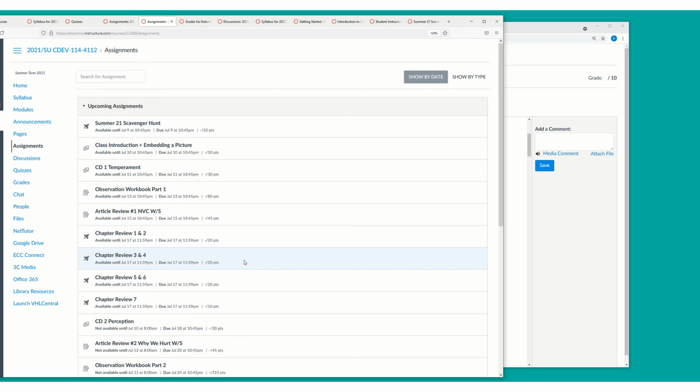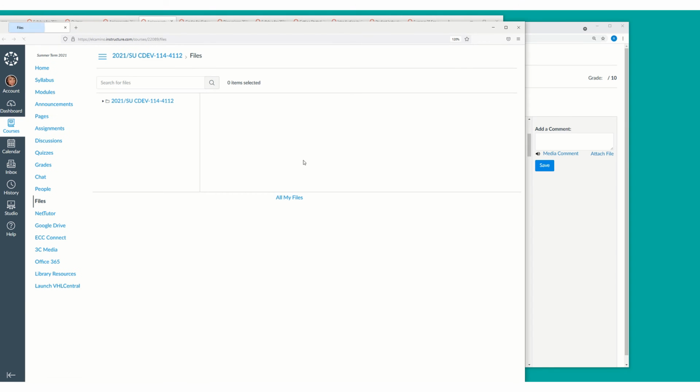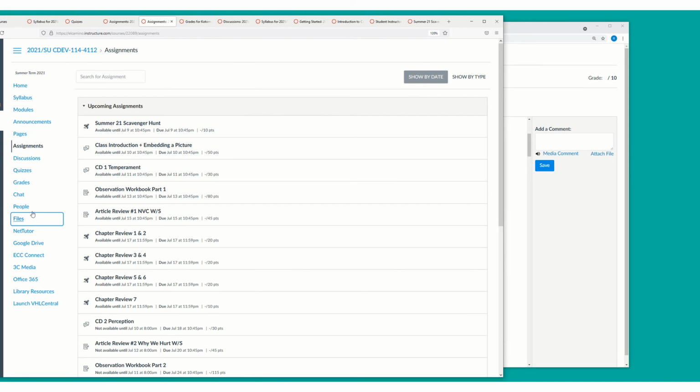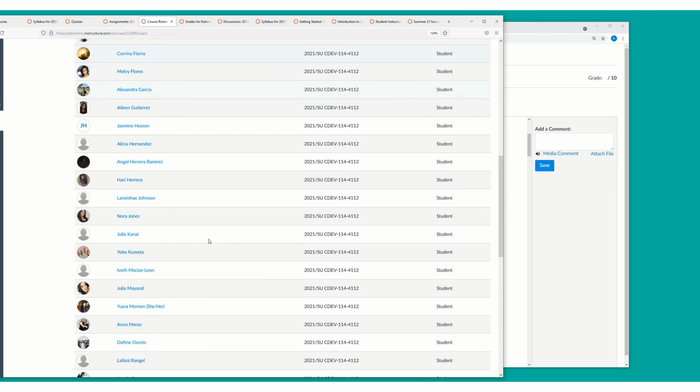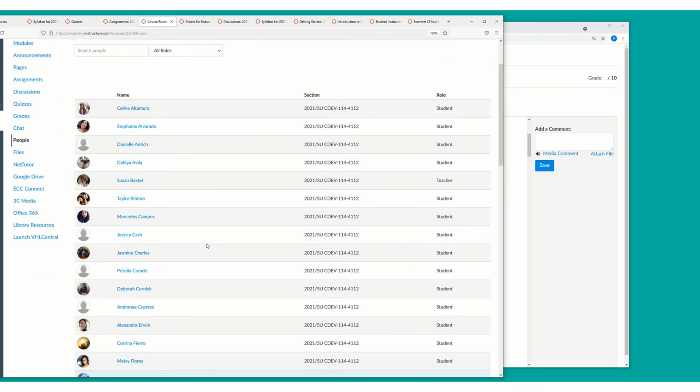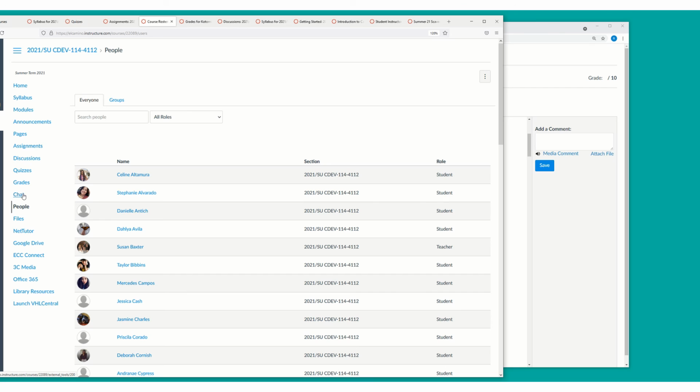So in summary, what I recommend is to go through every single one of the tabs and look for what is due. Look for due dates, grades. Let's see here, starting from the bottom. Files sometimes has interesting information in it. So I'll go through that. I go through every single one of these things. People, the people in your class. Actually, wow, a lot of people are taking your class. Okay. Chat. Okay, then grades,